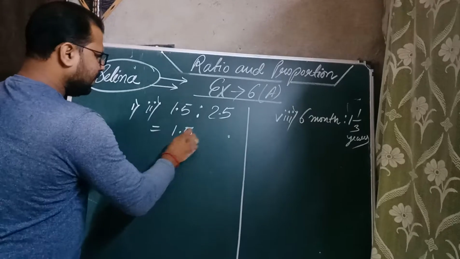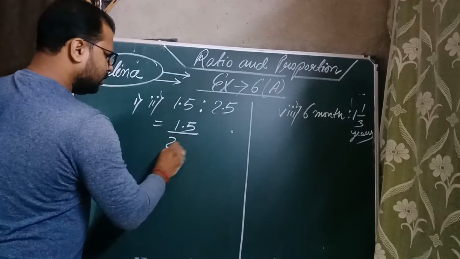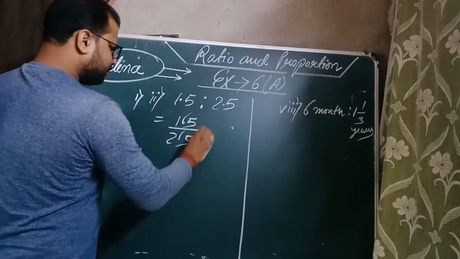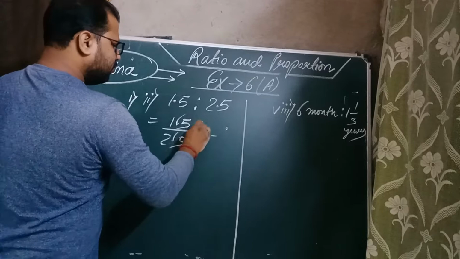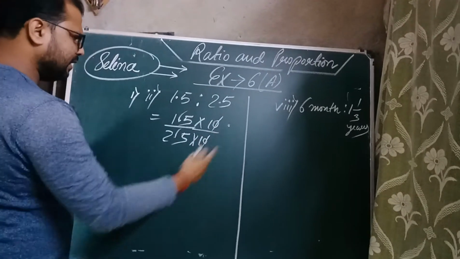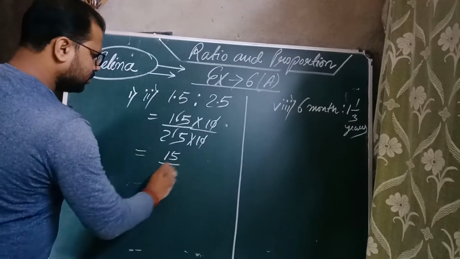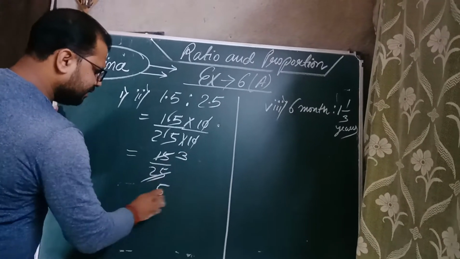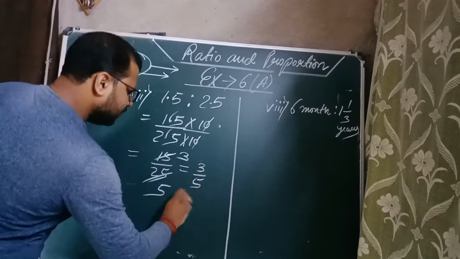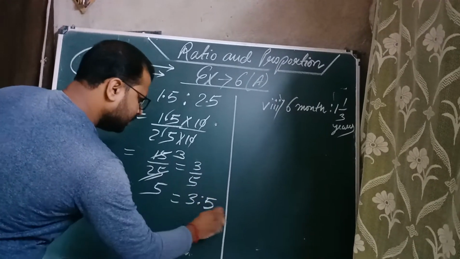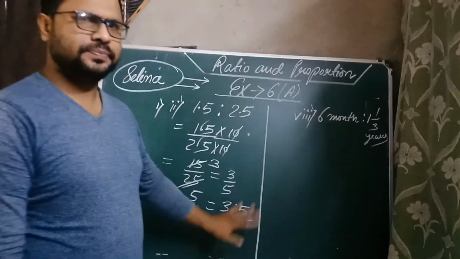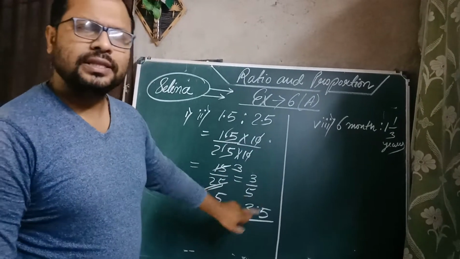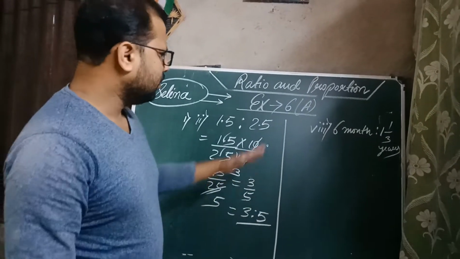Let's do it. 1.5 divided by 2.5. Right, students? Point removed. Many students don't remove that. I am not forcing you to do that. This is the convenient way, so I am doing this. So what you got? 15 by 25, right? Now you can cancel it. 5 3s are 15 and 5 5s are 25. What you got? 3 by 5, which has to be represented in the ratio form 3 is to 5. Simplest form. The question is asking to convert the given ratio into simplest form. So I have done. We got the answer 3 is to 5. First class, no problem.